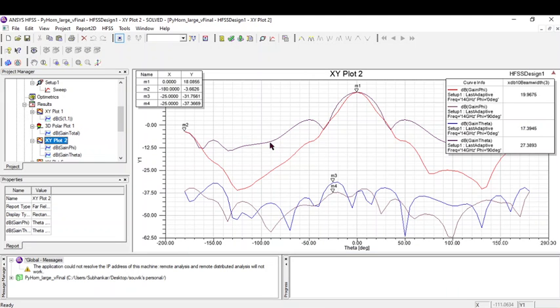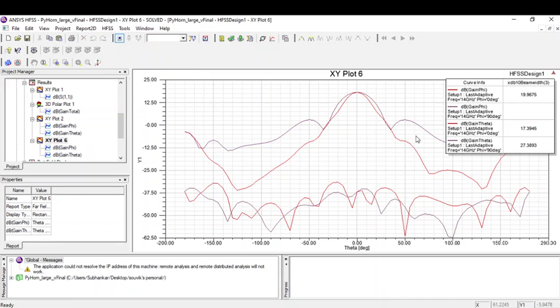In the XY plot 2, we can see the gain phi and gain theta curves for 90 degree and 0 degree. These are for theta and phi, 90 degree and 0 degree. These are for theta and phi for 0 degree and 90 degree respectively. For XY plot 6, it's a similar graph as XY plot 2,